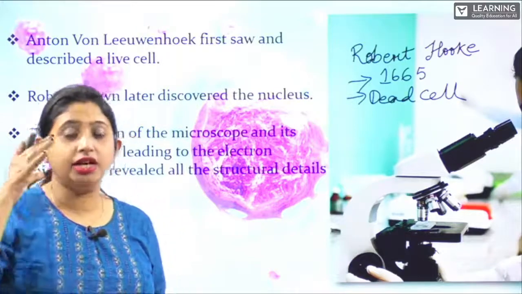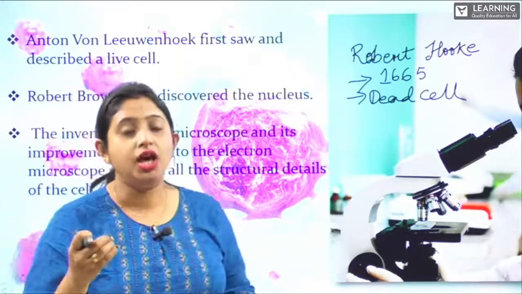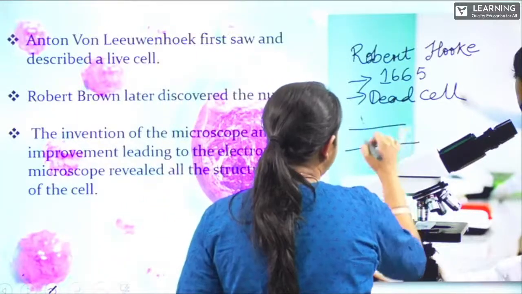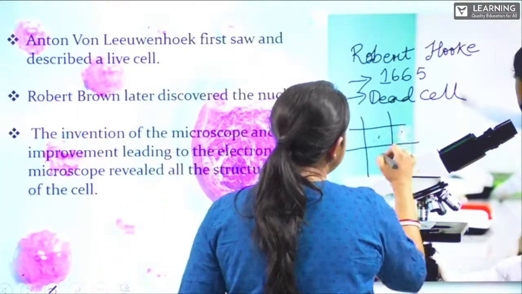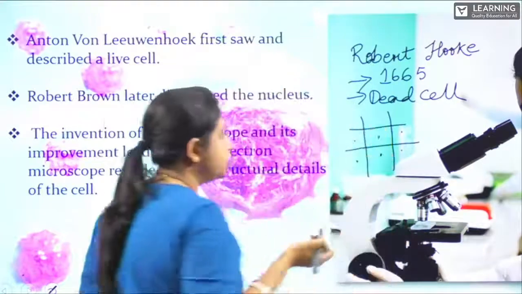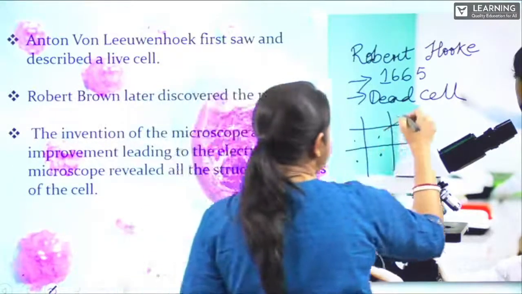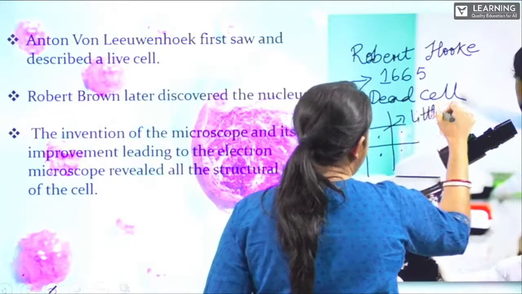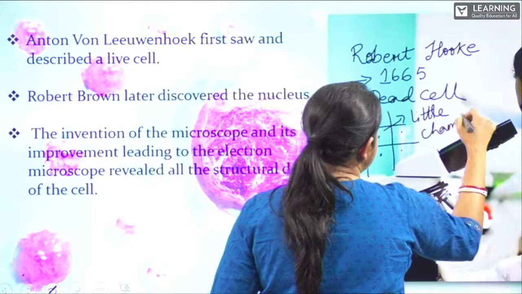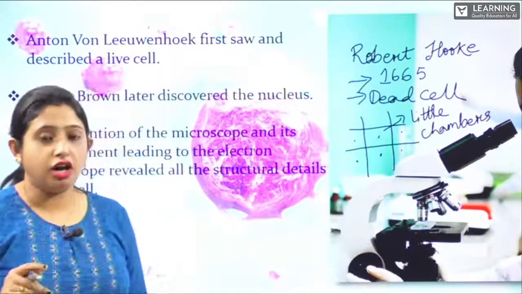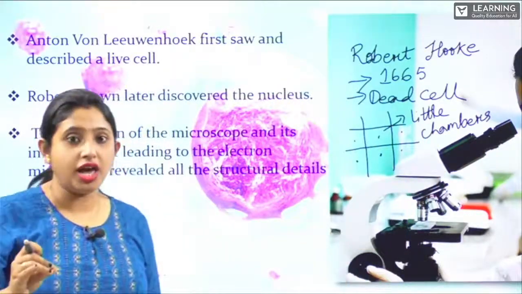Okay, he has taken the bark of the tree, and he has observed that there are little chambers, and in those chambers he has observed some dots. So he called those chambers little chambers. He said that the organisms are made up of some cells, and he was able